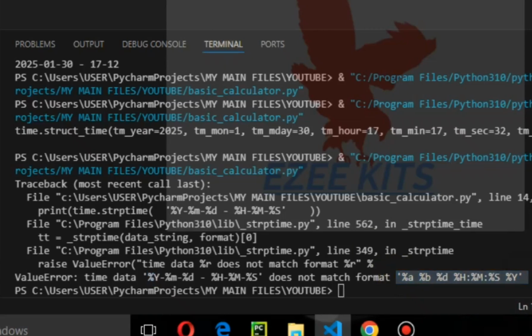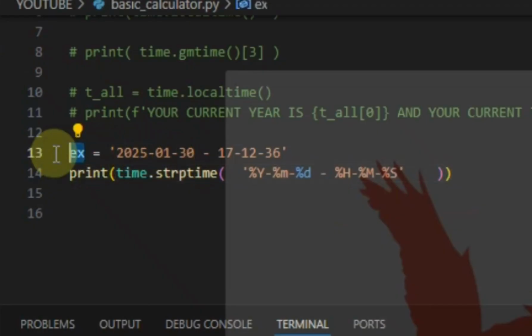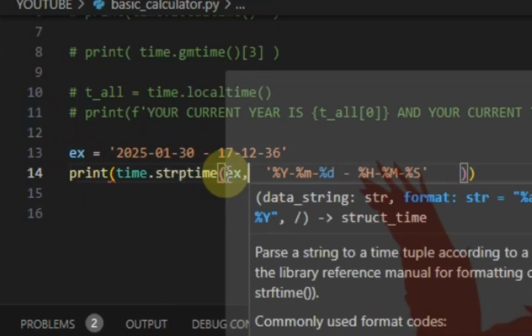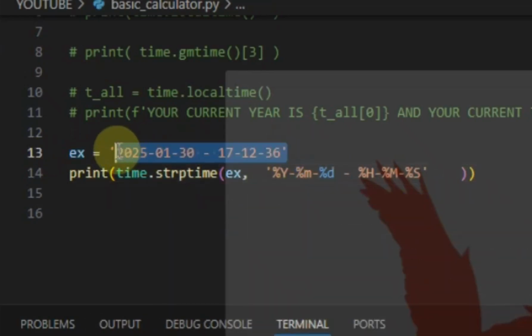So for this to work, we need to pass this ex into here, because ex is what we want to turn into a time, what we want to parse. So to do that, we need to add the variable here. If we don't want that, we can actually copy this and put it inside there. There's not going to be much difference. So when I run this,